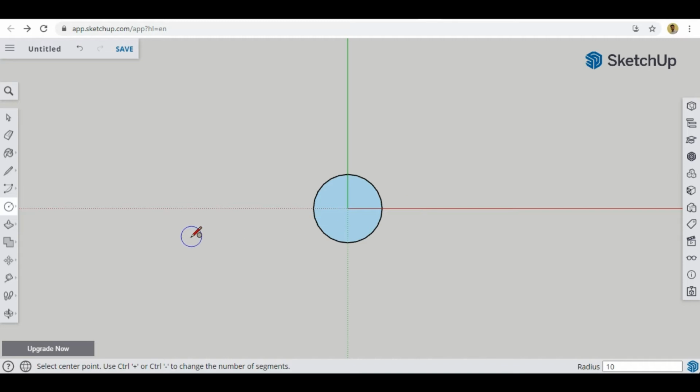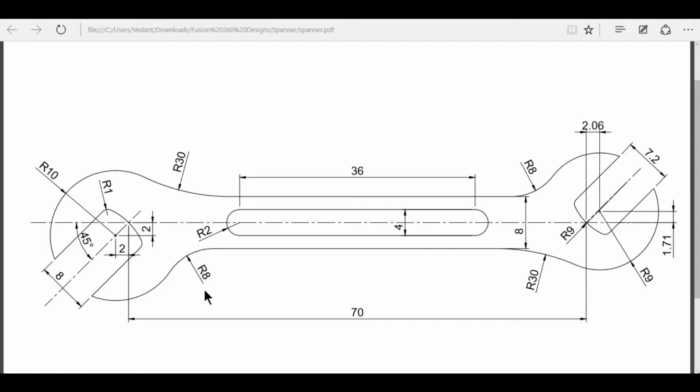After that I have to create the second circle. Okay, but to create the second circle I should have the distance between these two circles. Okay, for that you can come here again and you can see two things. First thing is that the distance of these two circles are not 70.